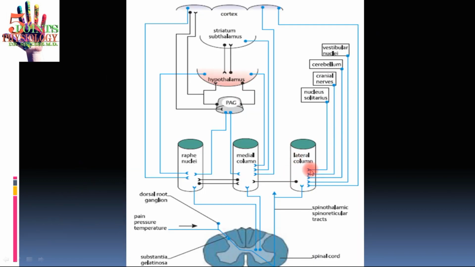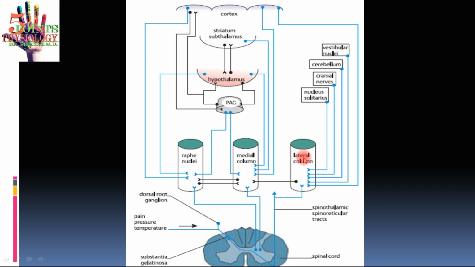Here in this diagram you can see the same. This is the lateral column part of the reticular formation, and you can see that the spinothalamic and spinoreticular tracts are coming and synapsing, giving the sensation of crude touch, proprioception, pain and temperature. Collaterals are supplying, because the main purpose of these tracts is to go to the thalamus, and the collaterals are the branches which arise and supply the lateral column of the reticular formation.